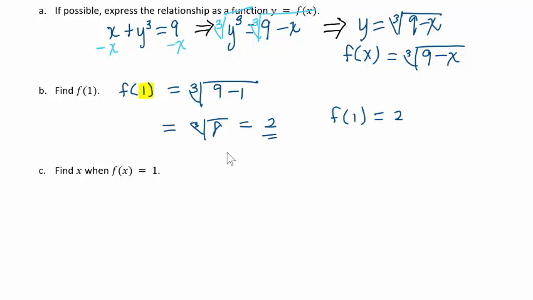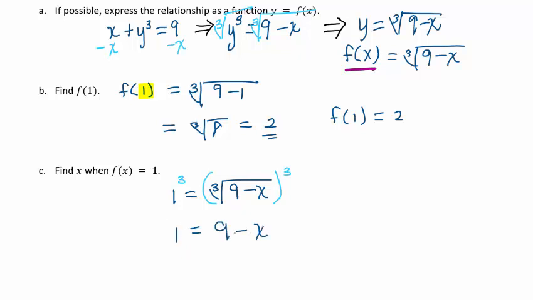And lastly, we want to find x when f of x is equal to 1. Okay, so this time we're going to replace f of x with 1 and solve for x. So essentially we're just given y. So 1 is equal to the cube root of 9 minus x, and now we have an equation involving a cube root. And to solve, we cube both sides. And so we're left with 1 is equal to 9 minus x,